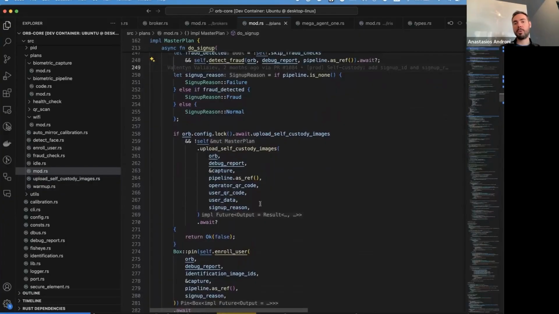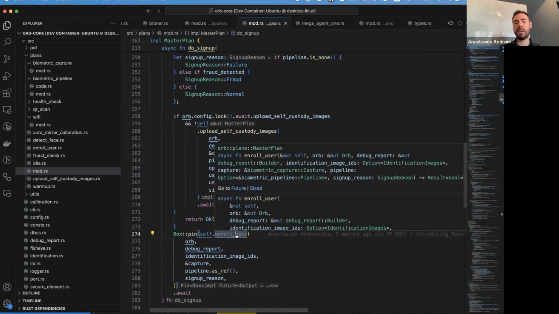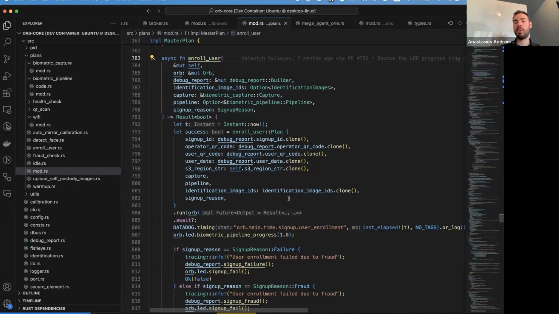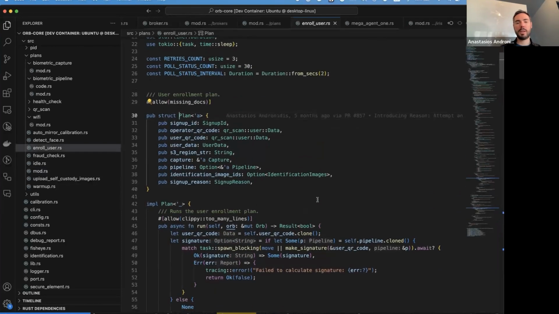Something to highlight: for obvious security reasons, we are not releasing exactly the checks that we do locally. So for the open source version, this is going to be just the engine itself, so that other people can implement their own checks, but we're not releasing the ones we do currently. And the last piece is that after we do these checks, the only thing that remains is pretty much the enrollment of the user. And we can actually go a little bit deeper here to see what kind of information we provide to our backend.